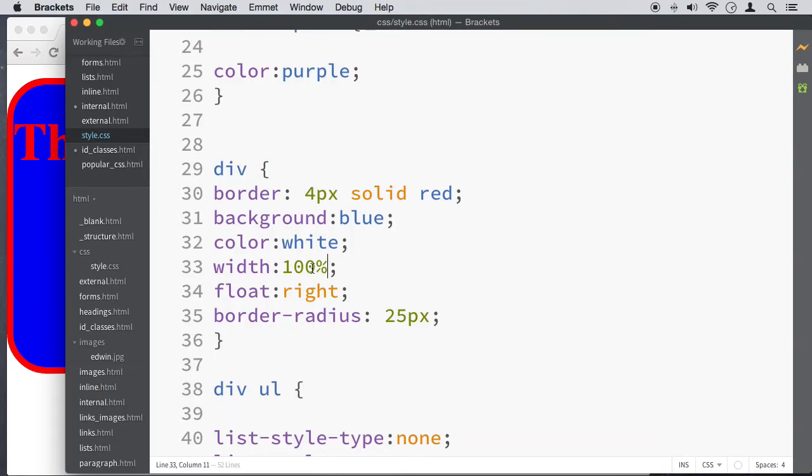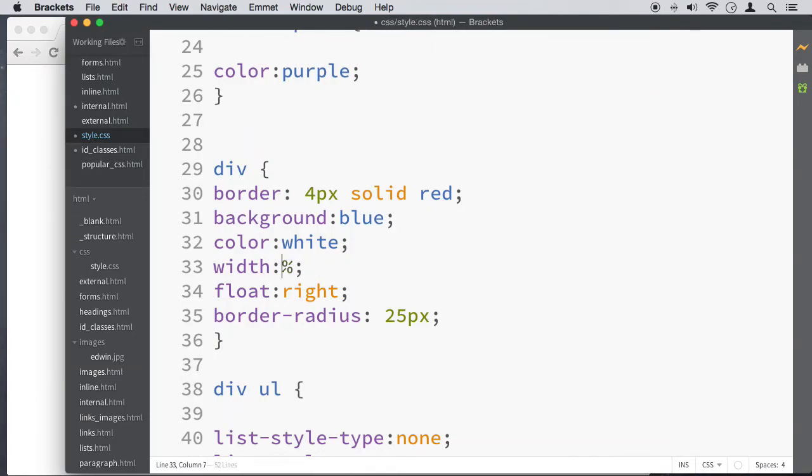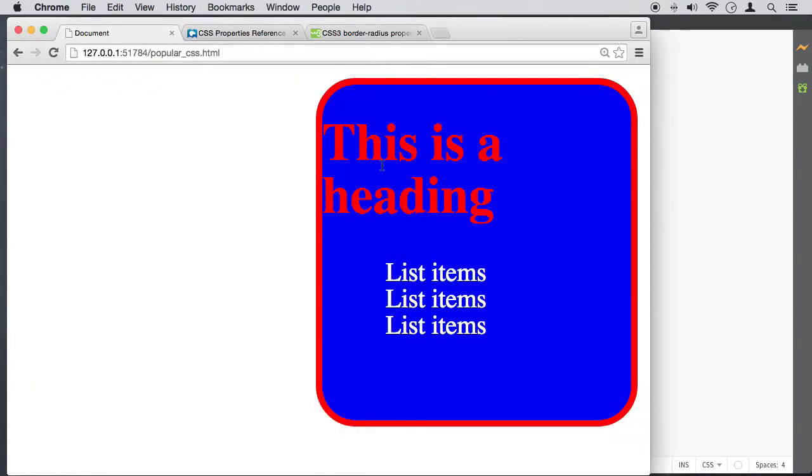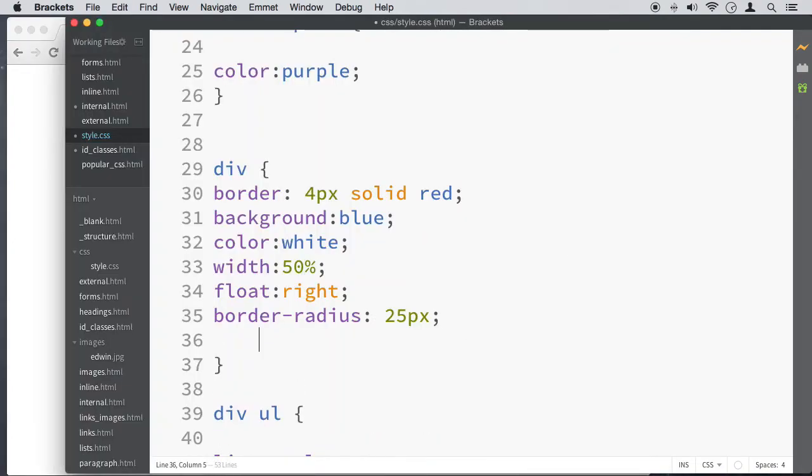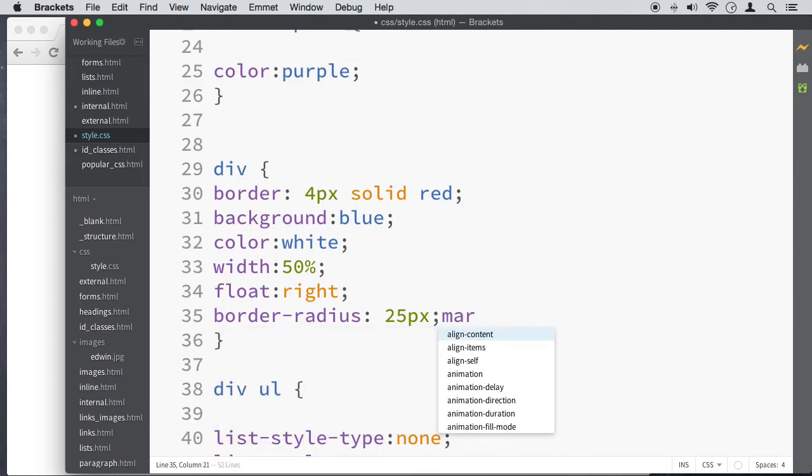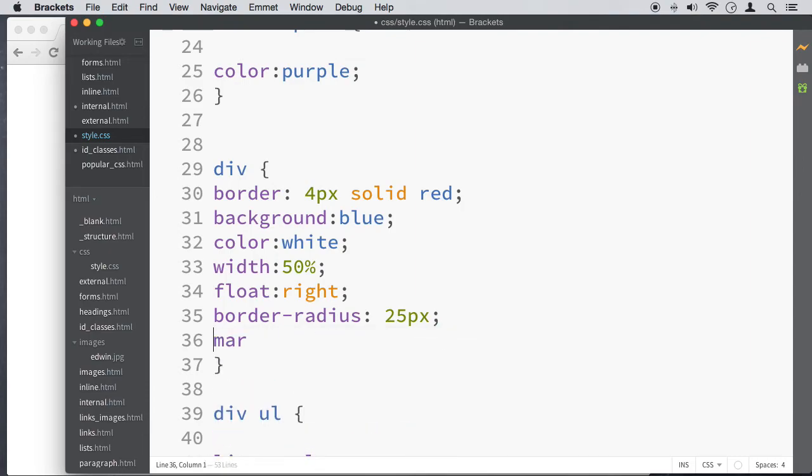We can make it go 50%. That's 50% of this page. All right, we can put some margins around it, and you see my co-editor is already helping me with this. All right, so if I say margin and I press tab, it will write something for me. This co-editor will do that. So let's put margin, and then if I use the keys on my keyboard,